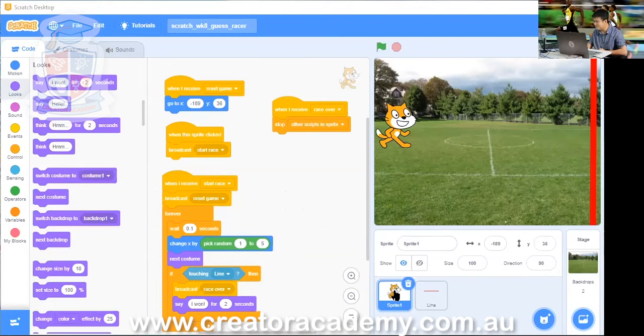So all you have to do is move your mouse pointer. You see my mouse pointer? Make sure we have the cat selected down here, and then we right click on this cat, and then there's a duplicate button that pops up. Okay, so we need to right click and then duplicate.